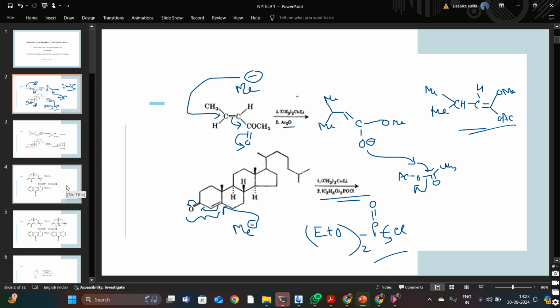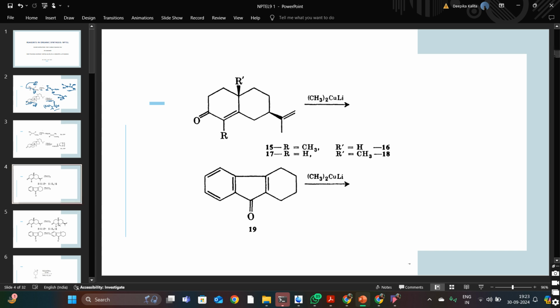So after this, let us come to the next questions. Again, these questions are also from the same topic, organocuprates. Here again we have this particular compound where we have two double bonds, out of which one is simply a terminal